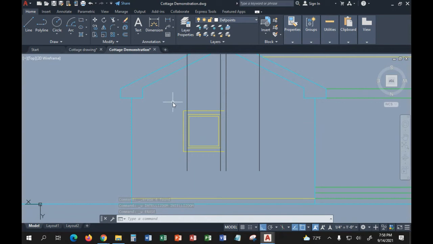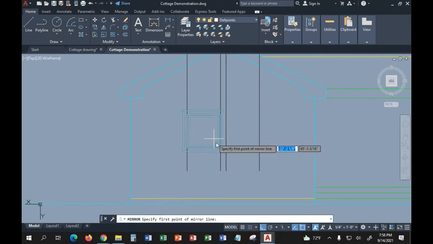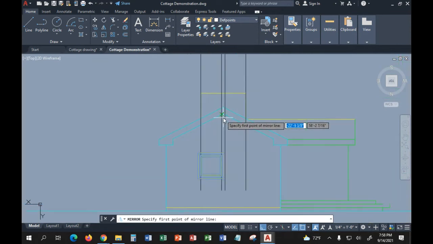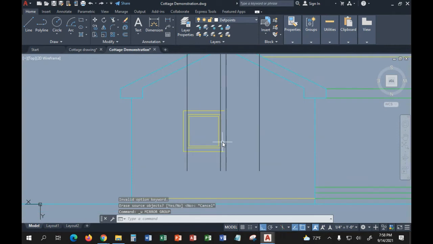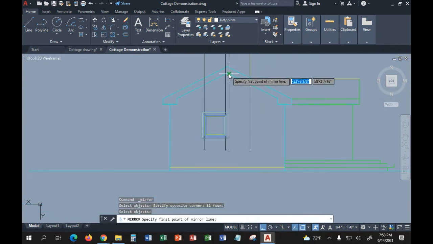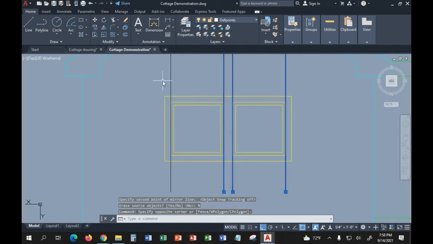What I can do is I can then mirror. I can take all of this and I can mirror it about this center point. And I come down, oops. Here, all of this guy, I want a center point right here. I want to take object snap off, and I want to come down there. Delete source object, no. So now I've got, if I erase all these,